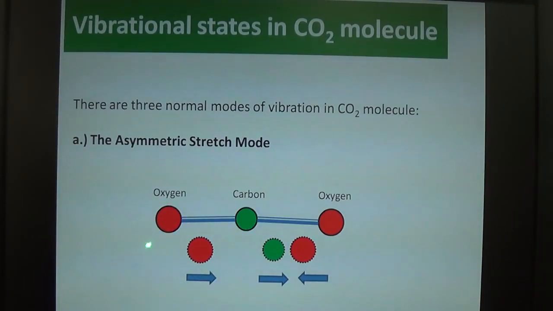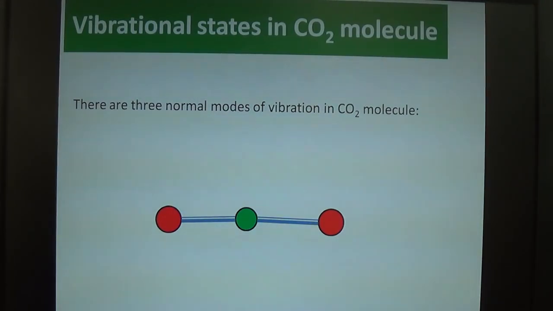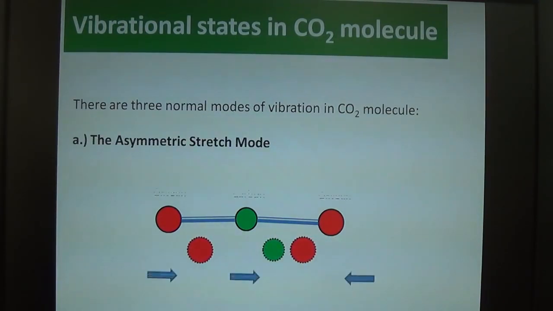In the stretching mode, you have seen that this oxygen atom moves towards the carbon atom, and the carbon atom at the center of these two moves towards the second oxygen, and this oxygen moves towards it. That is denoted by the arrow. If this possibility is available in the CO2 molecule, that mode is known as the asymmetric mode. You can see it again. So this is the idea of the asymmetric stretching mode in the CO2 molecule.